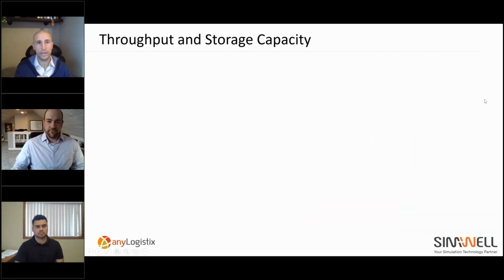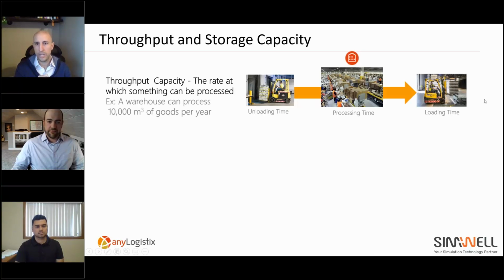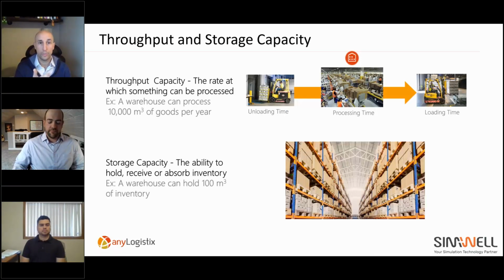All right, so we could spend hours talking about this, but let's be brief and move into the webinar. Just to be on the same page, we're going to be talking today about throughput and storage capacity, and a small distinction between the two. Throughput capacity is how many units are moved from A to B, or from process to process, in a period of time. So imagine, how many boxes, how many pallets can we move? And when we talk about storage capacity, we're talking about how many units can be held in a warehouse, for example. So how many boxes, how many pallets can we hold in our system?